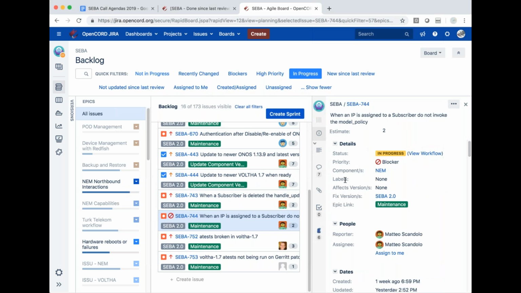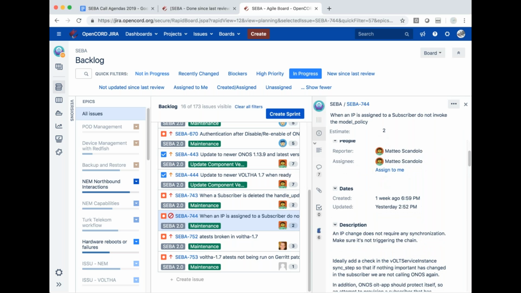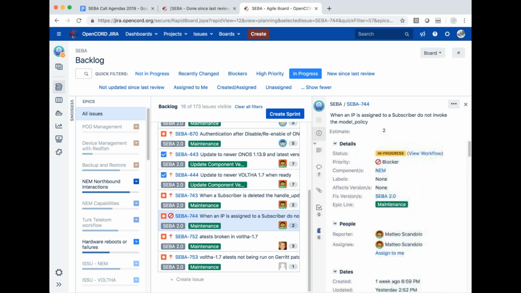Okay, and speaking of that, 744, when an IP is assigned to a subscriber, do not invoke the model policy. Yeah. So when the DHCP server assigns an IP, ONOS sends out an event to Kafka with that information, so that we can store the IP in the subscriber for bookkeeping. But that was triggering a new update of the subscriber in ONOS and in Volta, while that shouldn't happen. There are two patches up in Gerrit for review.